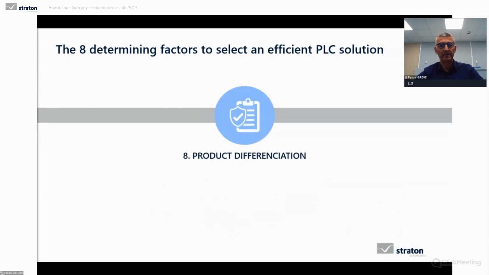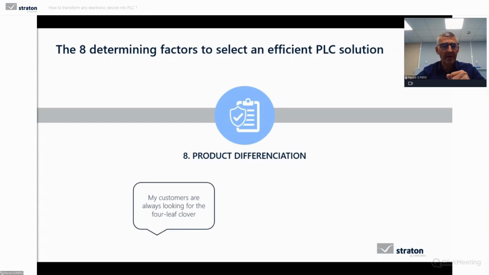And last point, product differentiation. It's a major point for soft PLC. My customers are always looking for the four-leaf clover. And I can do it, make it unique. Many soft PLC solutions offer functionality over and above the IEC 61131 languages.